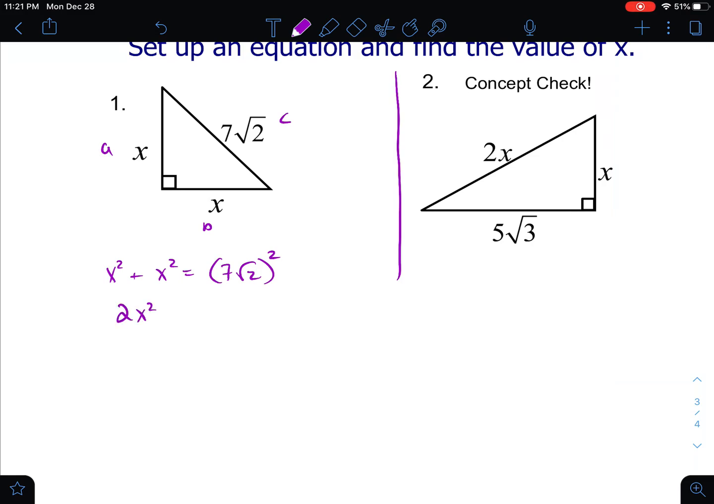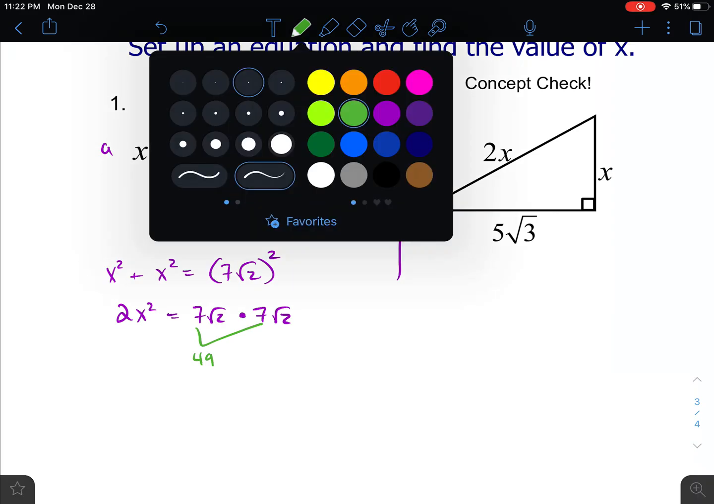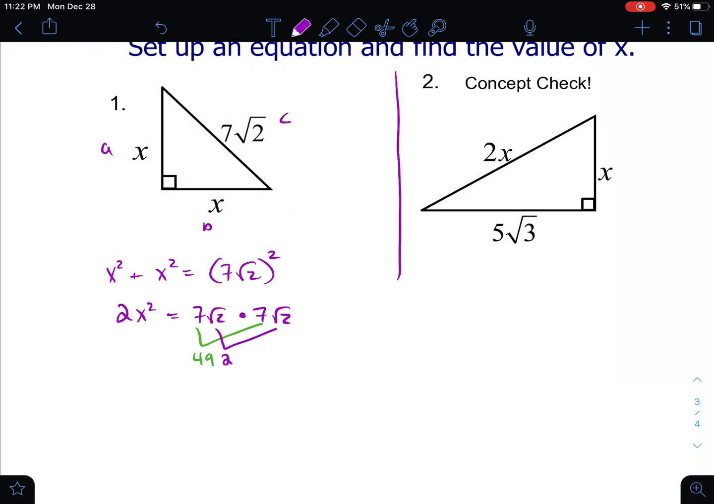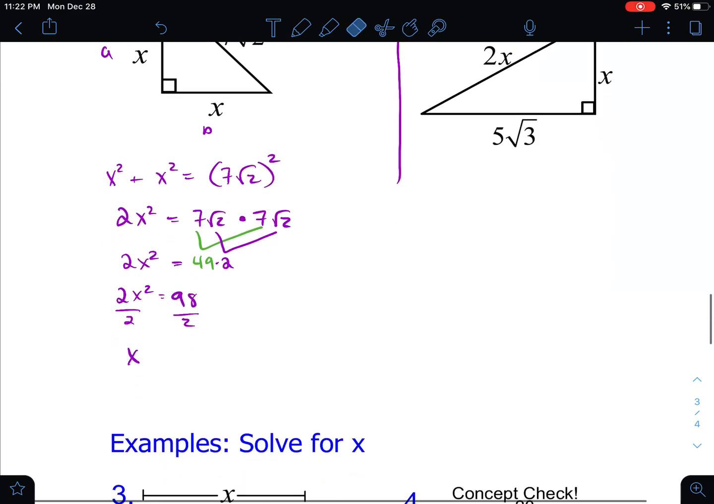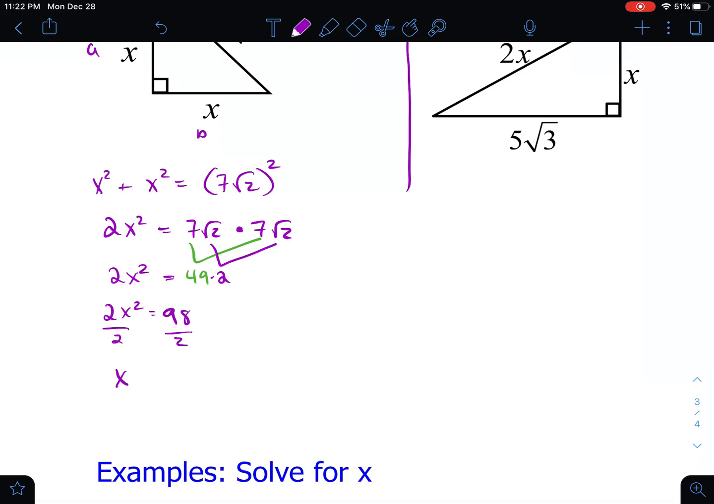Now, squaring a radical, we learned a little bit about last time, but I'll take this slow. I know 2x squared, combining like terms, is going to be 7 root 2 times 7 root 2. That's what it means to square something. You can multiply the whole numbers, that's 49. And you can multiply these square roots, and we know root 2 times root 2 is just going to be 2. So I know 2x squared is going to equal 49 times 2. 2x squared is going to be 98. And if you divide both sides by 2, we know x squared